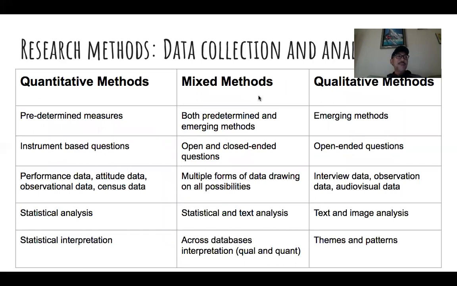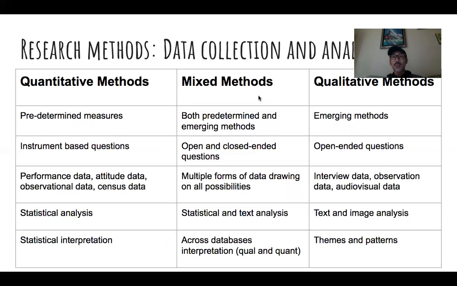As you can imagine, quantitative, qualitative, and mixed methods have different mechanisms for data collection and analysis. In quantitative research, there are predetermined ways of measuring, and this includes tests, surveys, questionnaires, and observation protocols. They've already been designed prior to the study, and researchers are not allowed to change these measures because changing these tools would introduce bias into the study and violate objectivity. Some examples of data collected